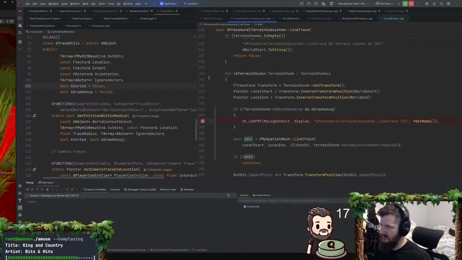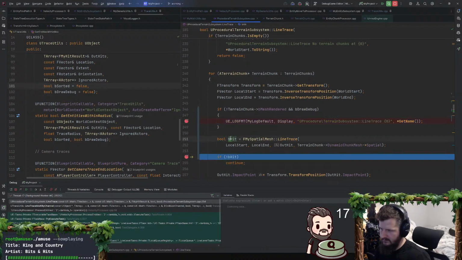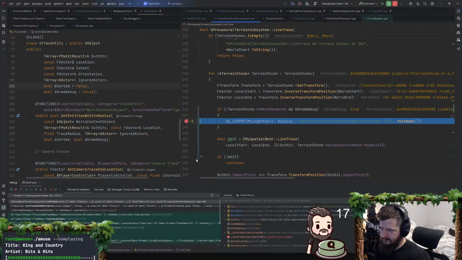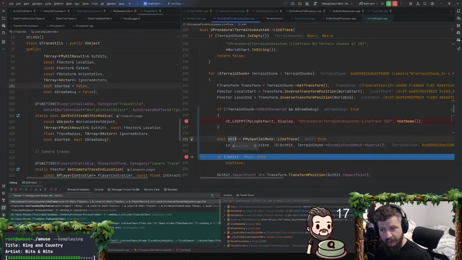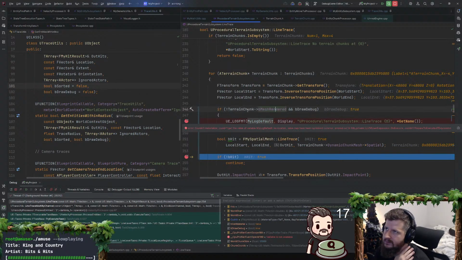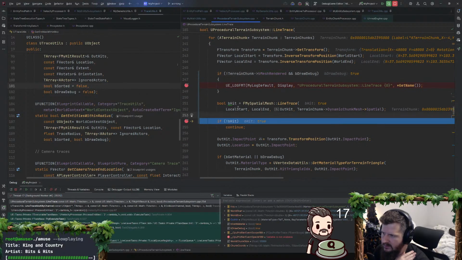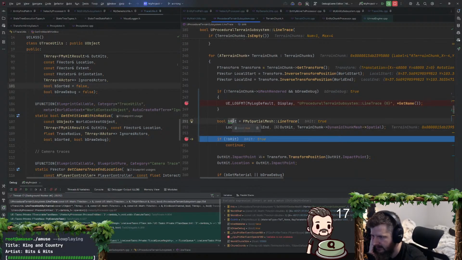Okay, we're still looking good. We got here again. False. True. Okay, we have a not rendered chunk, and we did get a hit. So that denies my suspicions of the mesh being rendered having something to do with it. I would hope that it wouldn't, so it's good on that behalf. We do have a hit. What terrain chunk is this for? -440.